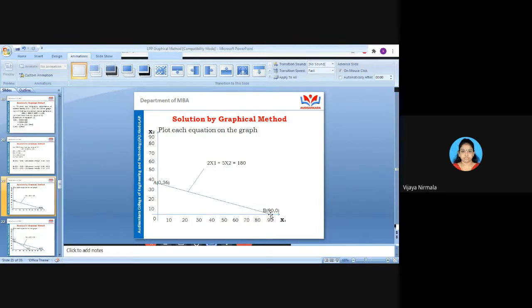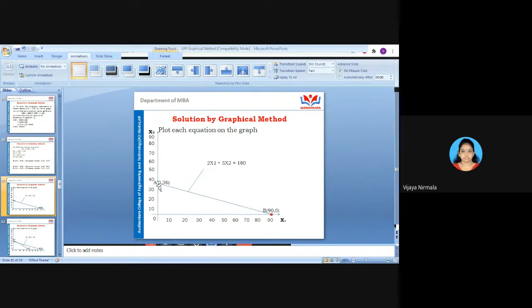90 and x2 value, 0. x2 value. So you need to plot here. That is a red mark. I have put the red mark, right? So you have to put, let it be B, 90, 0. Put a straight line from here to here, x2 to x1, put a straight line.